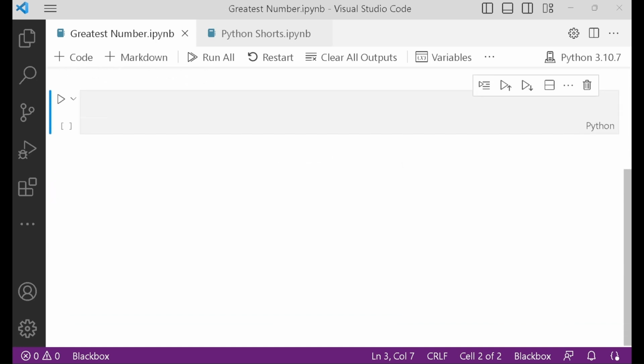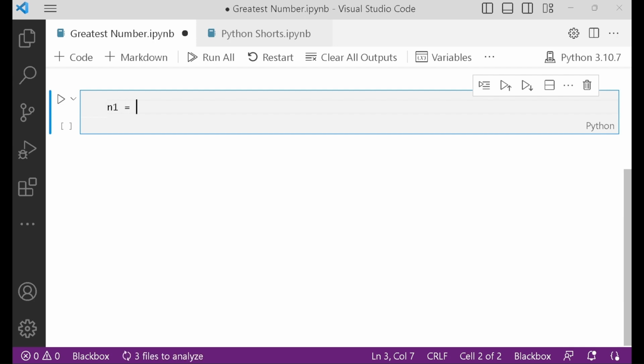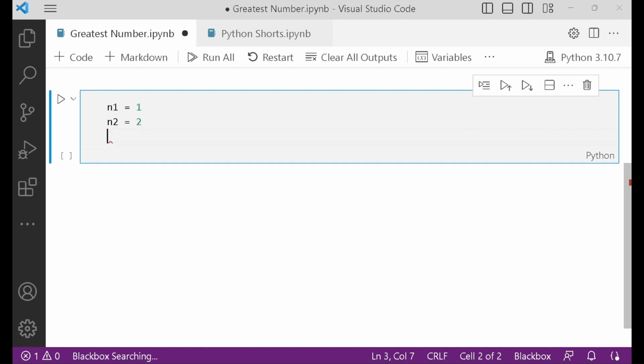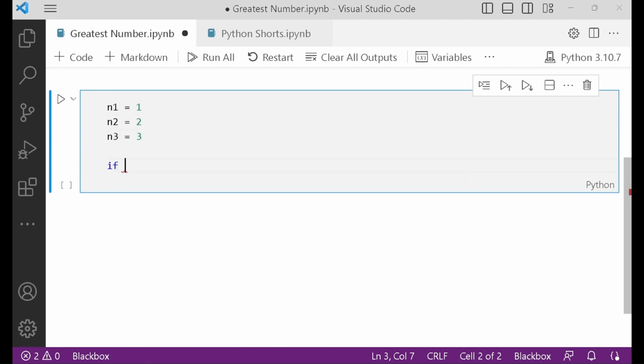Let's move ahead and now perform this same action using conditional statements. So we define our numbers first. Here now I will use the conditional statement along with the greater than operator from the comparison operators to compare numbers,